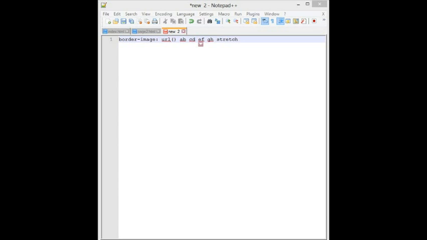So I'll just show you one style that creates a fancy frame border image. Let me show you the example now.